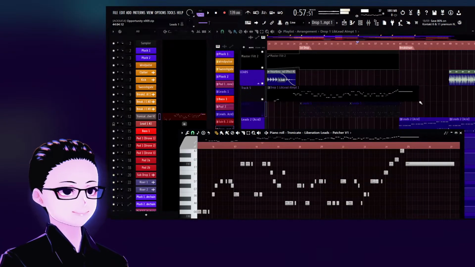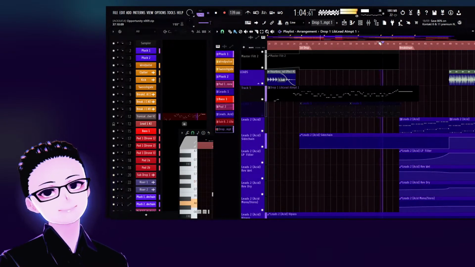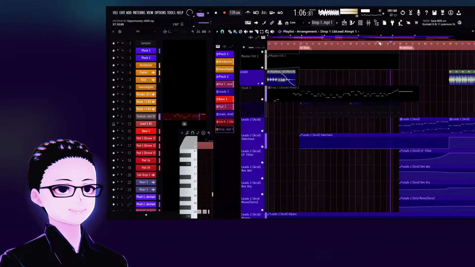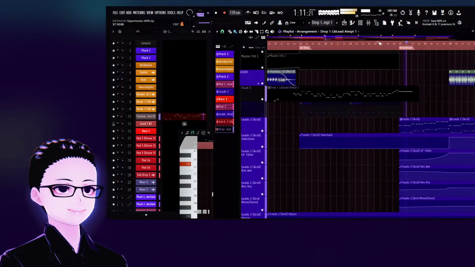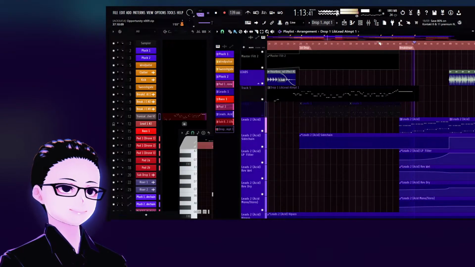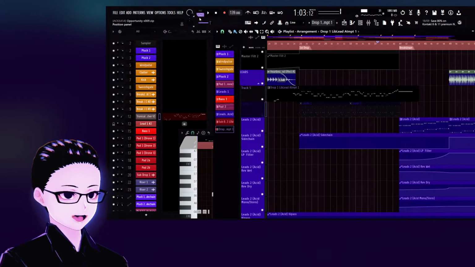And then I can just filter it out. So this is going to be filtered out. Like that. It'll just get filtered out. Like it's just going to be like a